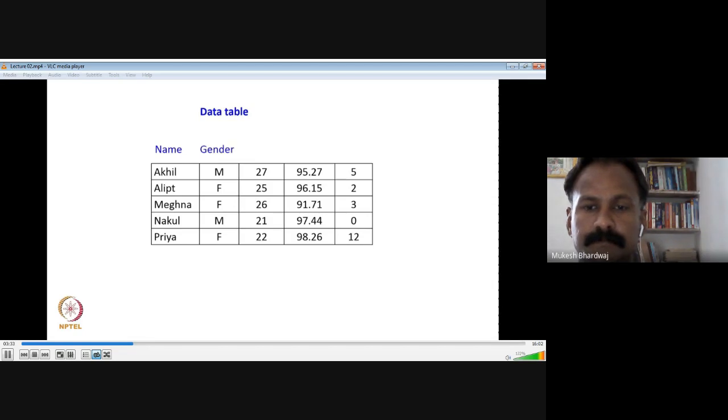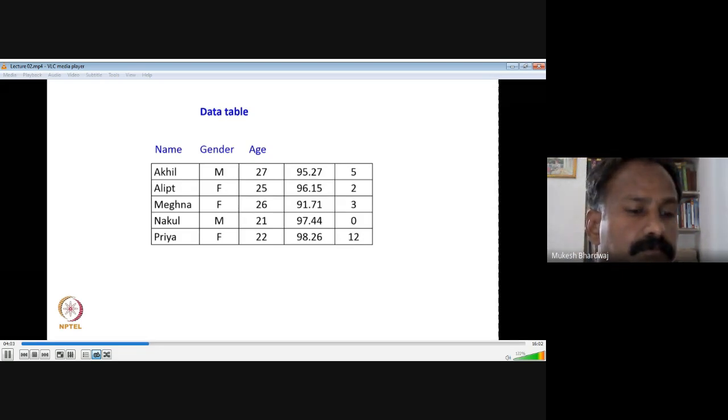Obviously, the second one could be the gender, and that could represent male and female, corresponding to the names that are there. Now, looking at the third column, one can think of many things that it could represent, and perhaps the third column could represent the age of this person, assuming that these are students from a class, let's say an MBA class or whatever.